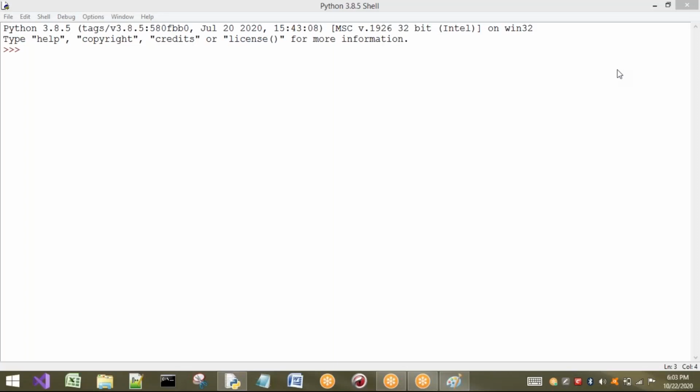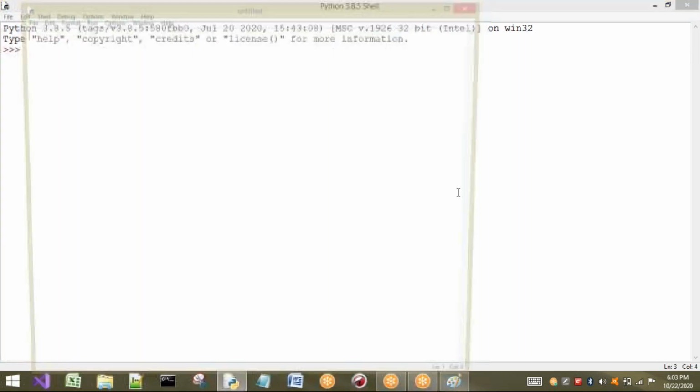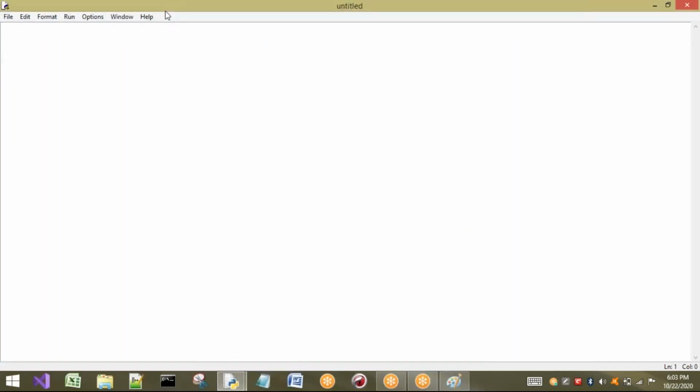Good evening. In the previous session, we saw the concept of modules. In that, we saw two inbuilt modules: the math module and the random module, and we saw some of the functions of those modules. Yesterday we saw some examples of choice, randint, uniform, randrange, and random functions from the random module. So today let us take one example of the functions which we used yesterday in the random module.